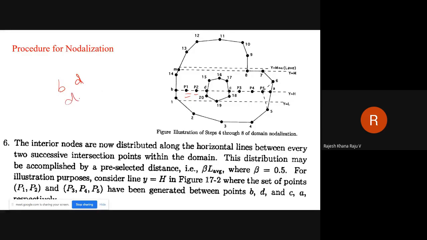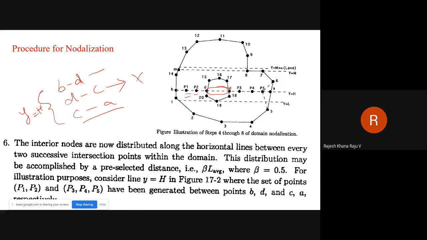For example, DC does not lie within the domain. This is outside the domain, so that intersection zone is not of our choice. Whatever is our choice for this particular line y equal to h is B to D and C to A.